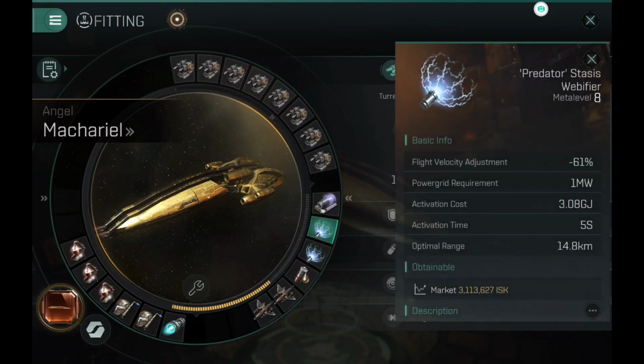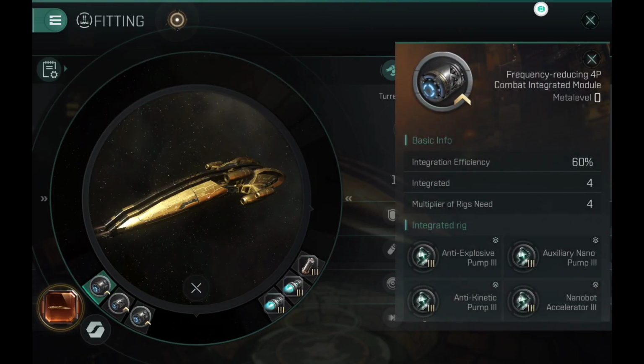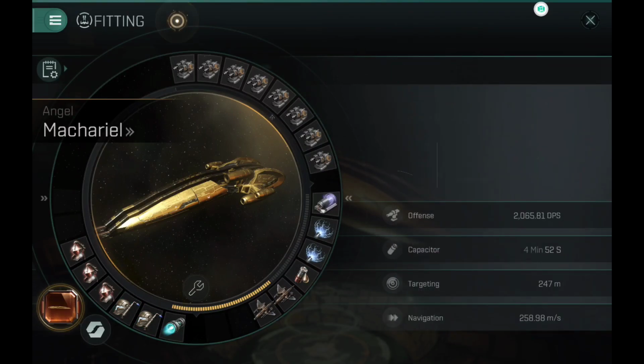Dual webs, Scrambler, Nosferatu, dual armor repairs, triple adaptives, and an afterburner. And just in the combat rigs, I have dual 4P and one 3P integration. This is the more expensive option, but again, the tank integrations on the Machariel will not work the same way